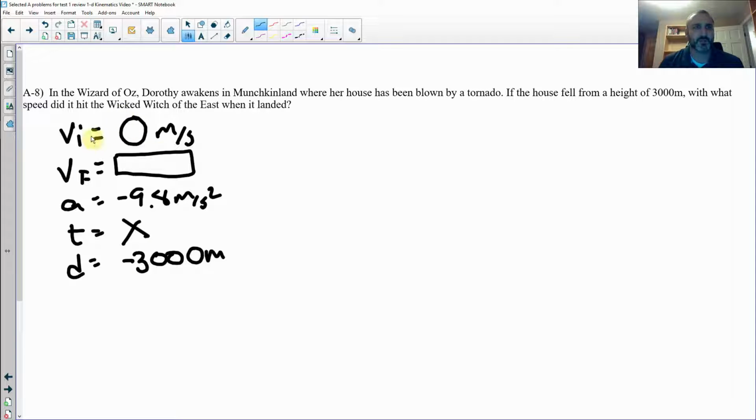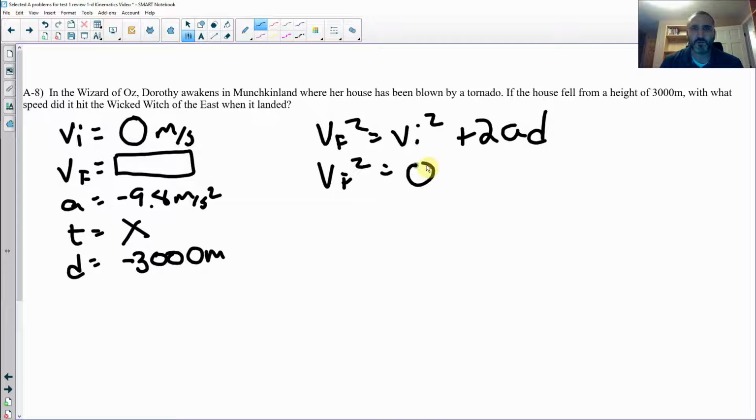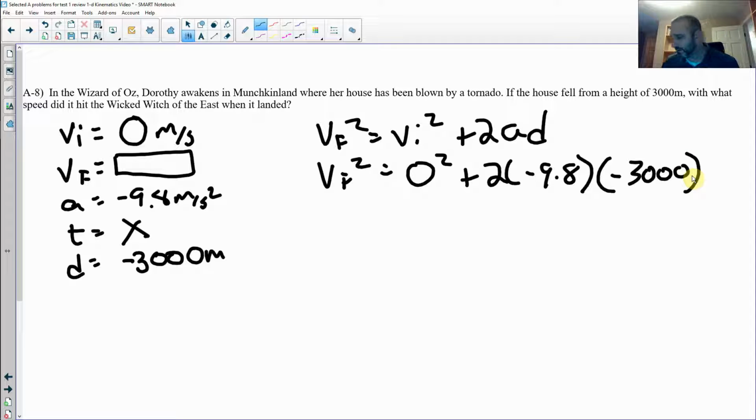So now we can use our physics. We can use some kinematic equations. We're looking for one that's got a VI, a VF, an A, and a D. And for my money, I'd say the best one to use is going to be VF squared equals VI squared plus 2AD. That's going to be VF squared, because we don't know that, equals 0 squared plus 2 times negative 9.8 times negative 3,000. Now I've got to do some plugging in. 2 times negative 9.8 times negative 3,000 should give us a VF squared of